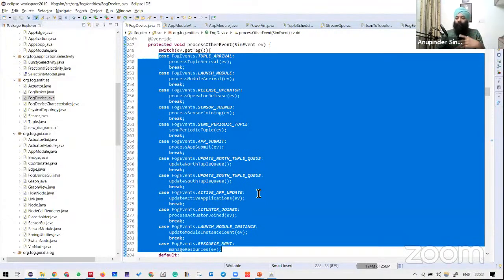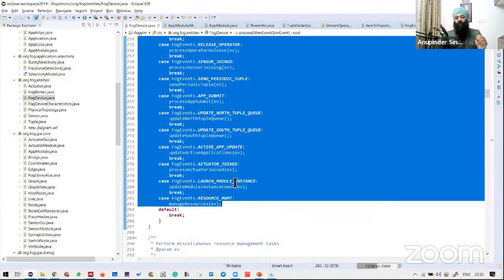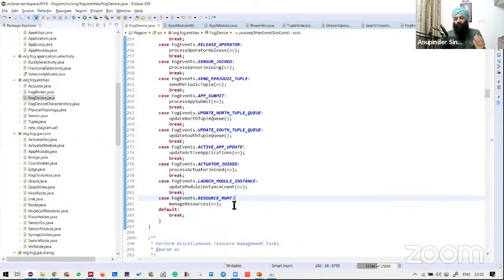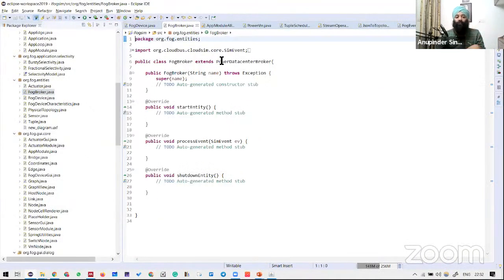updates out tuple queue whenever the tuples are finished, or are moved from one application module to another application module which are available on different fog devices. That is again being done over here. Active app update, actuator join, launch module instance, resource management. So all that stuff has been handled by this particular fog device. What stuff has been handled